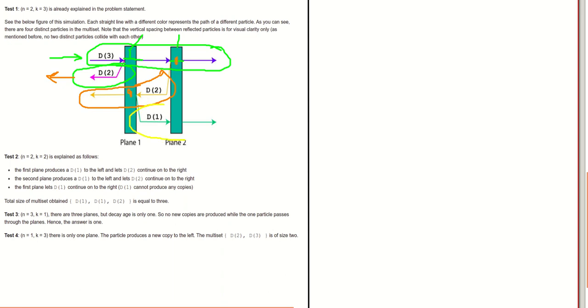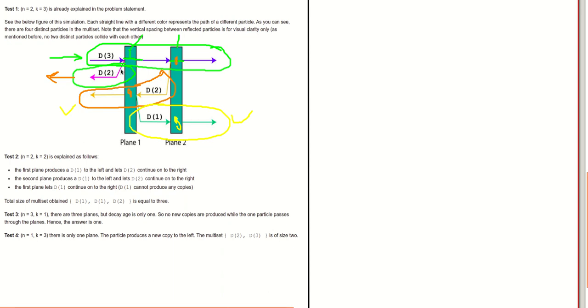This will be the trajectory of my fourth particle, d1. Now it will again strike the second plane, but as mentioned in the problem statement, if the decay age of a particle is 1, it will not create one more copy, so it will directly pass. So in total we got 4 particles, and then our simulation will stop.